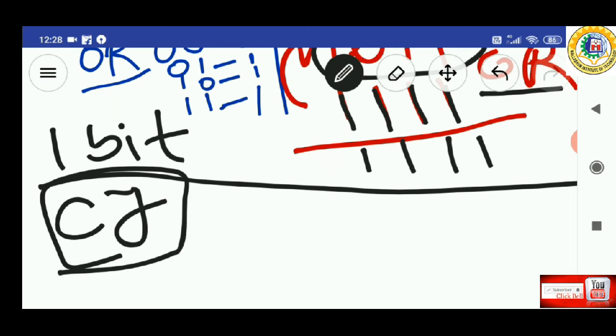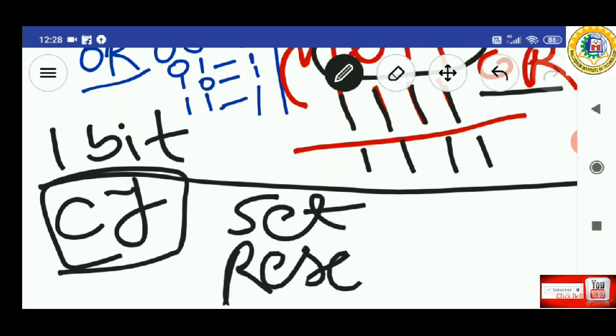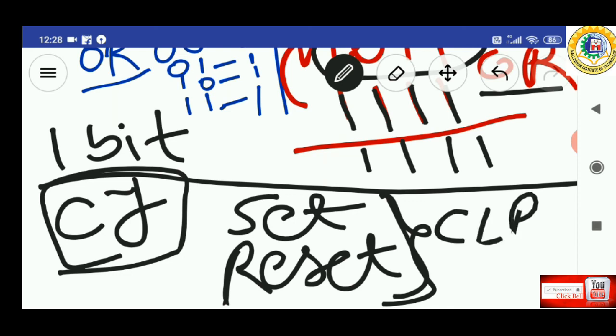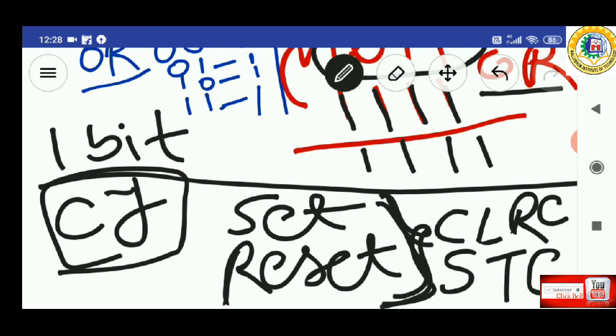If we want to set or reset this carry flag, then we just use these commands. So these are the two methods by which we can set or reset the carry flag: clear carry and set carry.